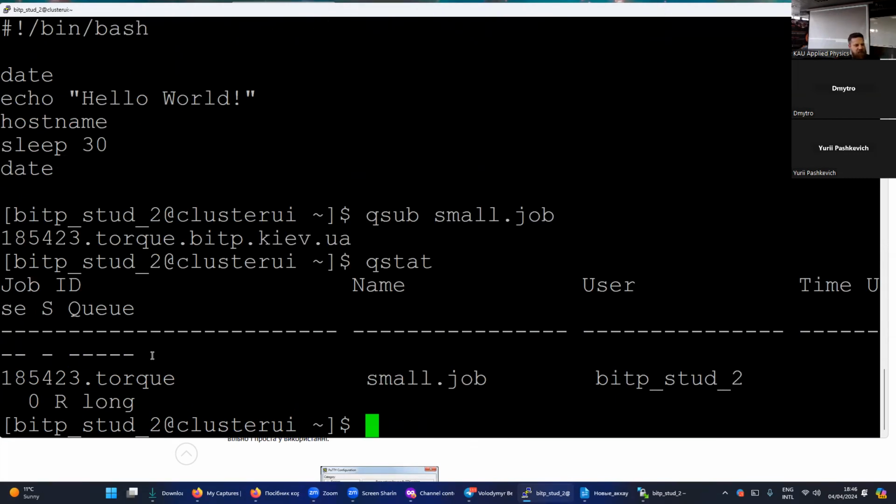I finally get some output out of it, and the output tells me the job ID, which is this process number, and there's this .torque added to the ID. Not that important for us now. Then the name of the job, which now is taken from the name of the file. The user